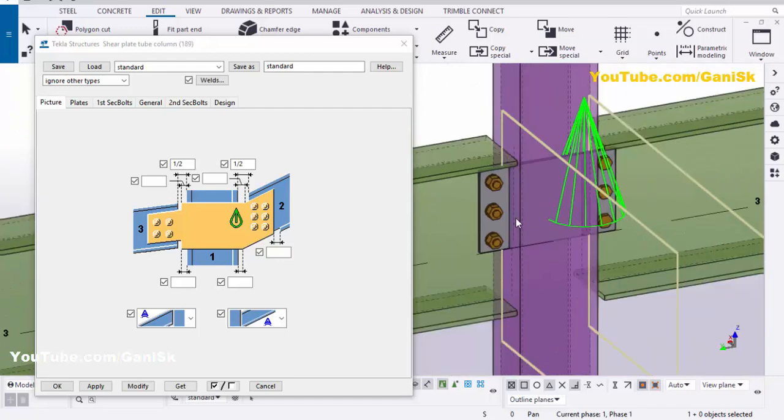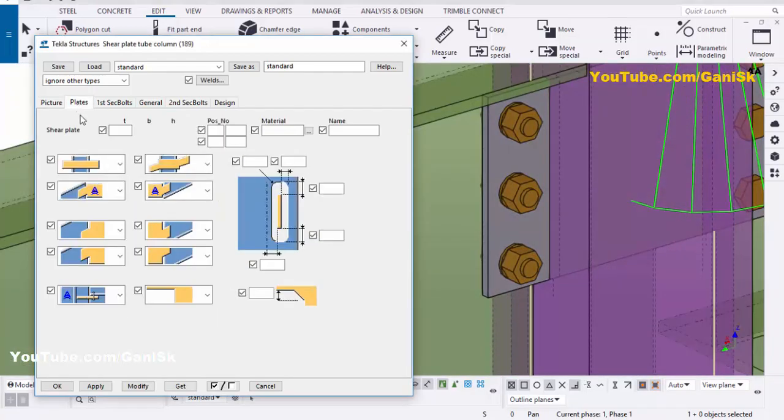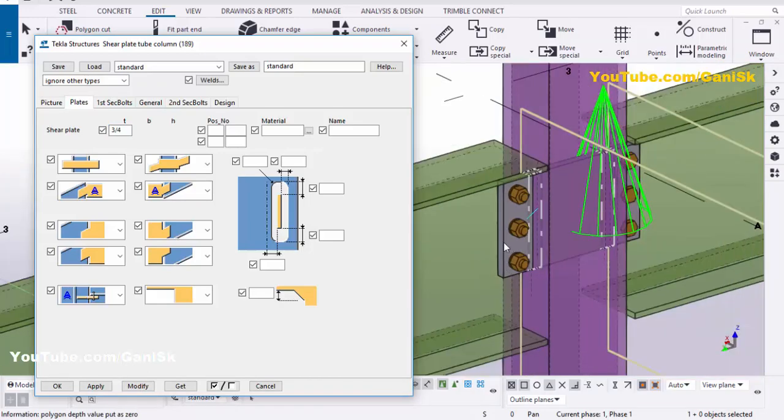Now we need to change this plate thickness. So click on the plates tab and shear plate tab. Here we need to enter the thickness of this plate. Okay, let's take 3/4, then click on modify. You can see now the plate thickness is 3/4. To measure this dimension,